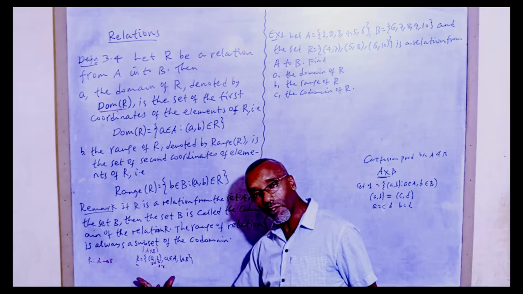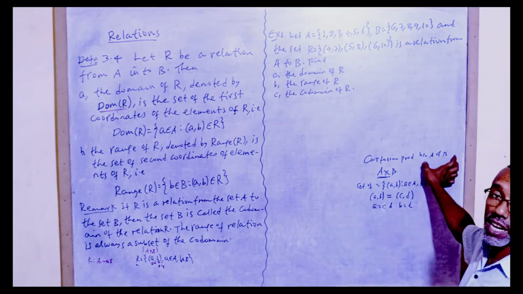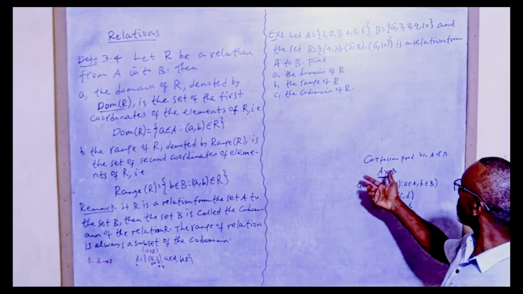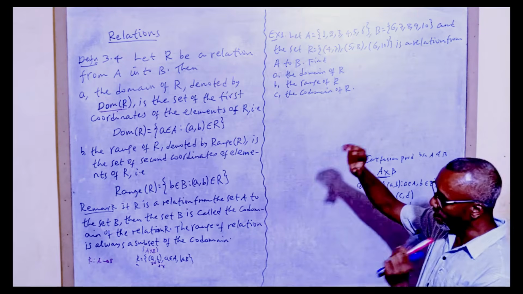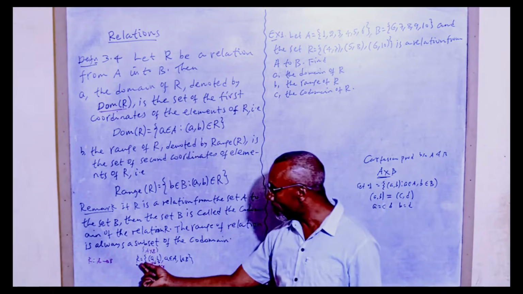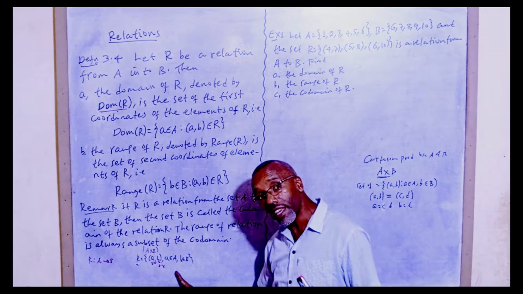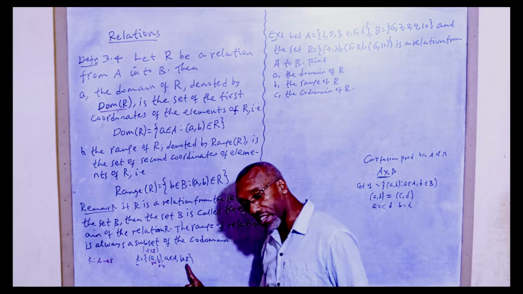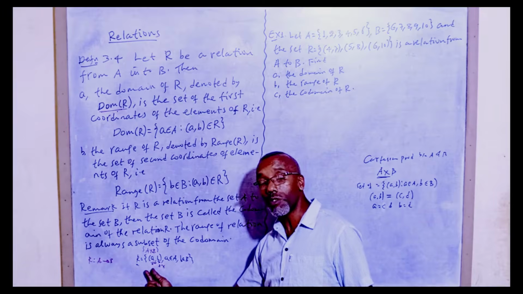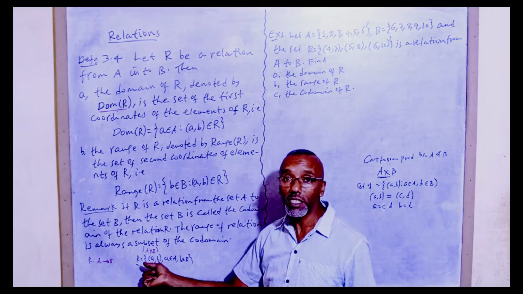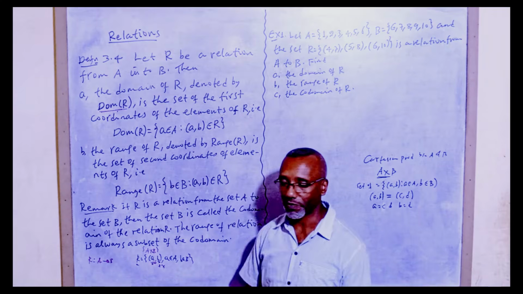ስለዚህ ሪሌሽናችንን ዲፋይን ካደረገን, ሪሌሽን ማለት any subset of the Cartesian product A and B ነው። A እና B ቢሰጠኝ የA እና B Cartesian product ፈልጌ, any subset of that Cartesian product can be taken as relation, and this relation can be defined by the set containing (a, b) such that a is an element of the first set and b is an element of the second set. እንደዚህ ካደረገን the set containing the first coordinates of this relation is known as domain and the second coordinates of this relation is known as range ማለት ነው።